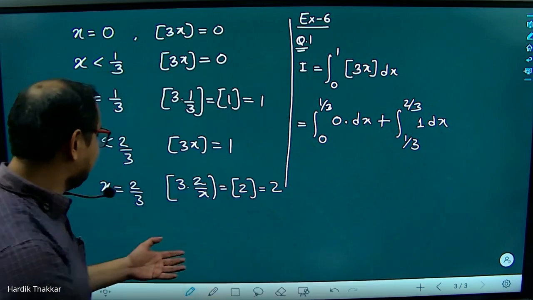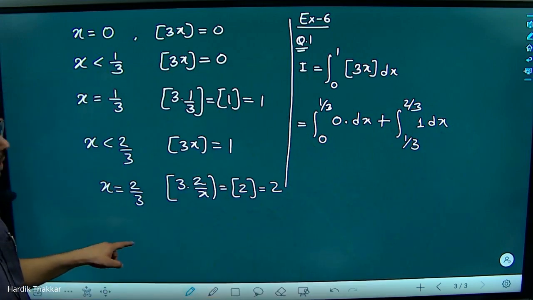Now for the next interval, from 2 by 3 to the next interval, that is from